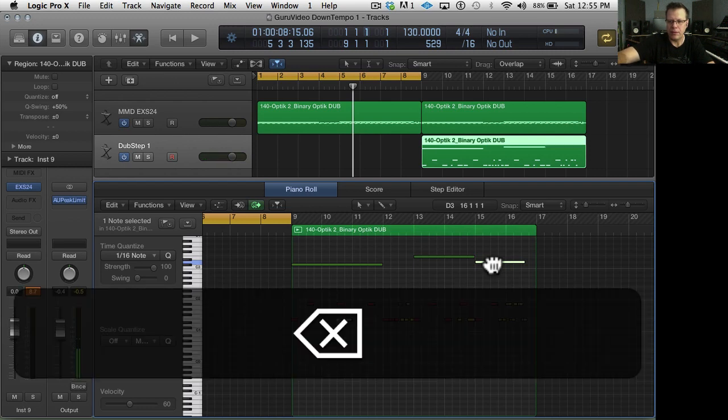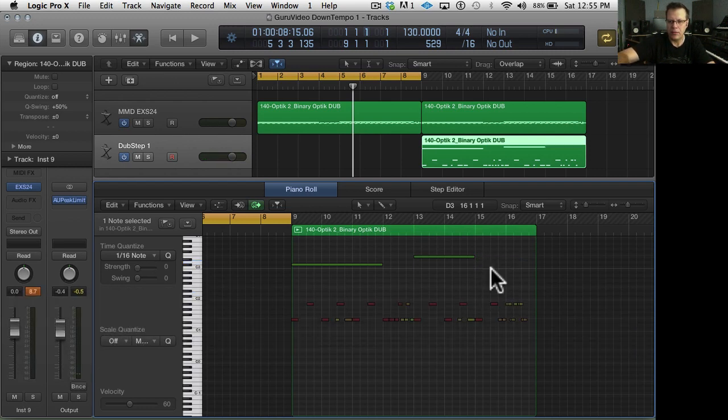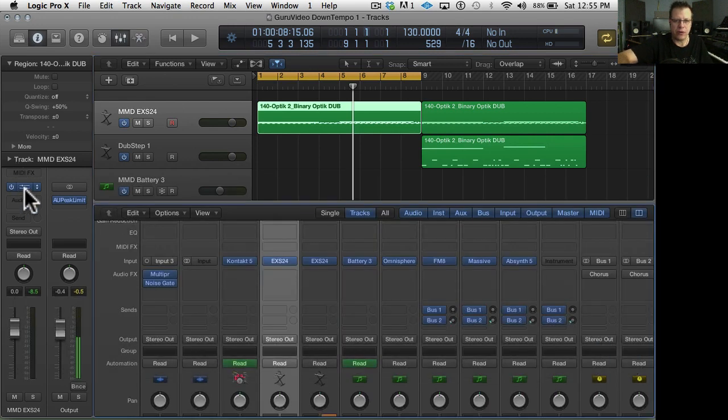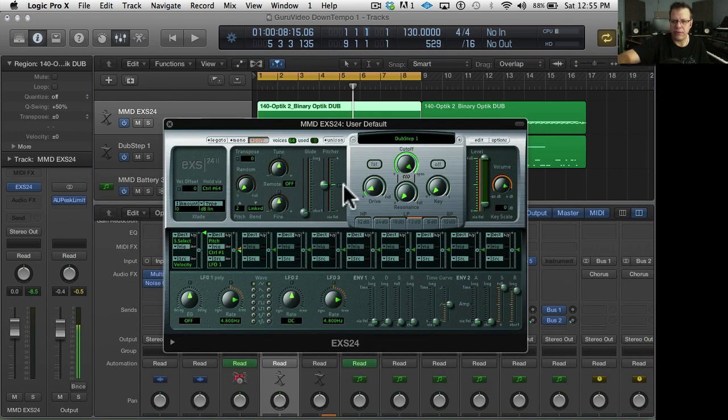Don't need the tom. All right. So now, the reason I did that step is so I could open EXS24 for this track, right, and shorten them.